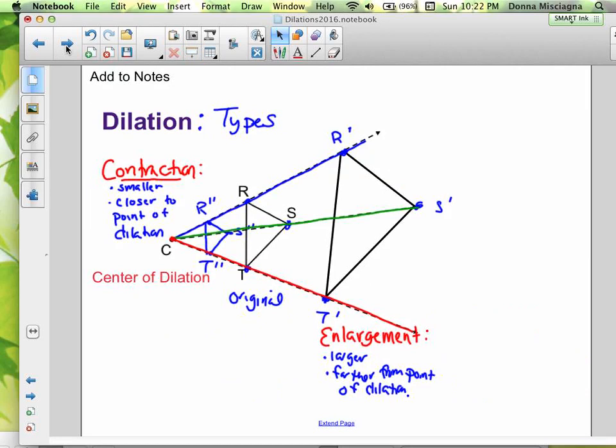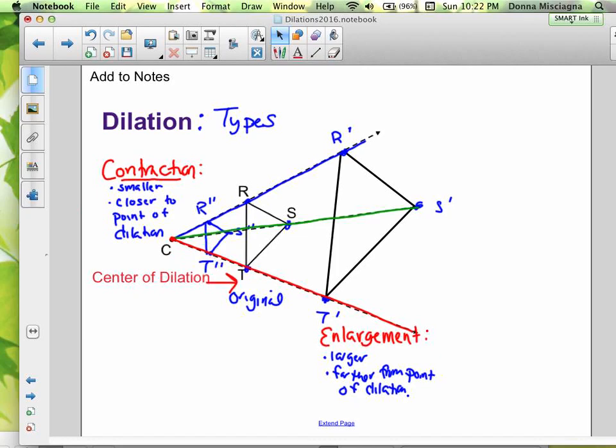All right, so I thought I had an arrow. Oh, I'll just make my own arrow. All right, so contraction. There we go, arrow. Your image is smaller, and you're going to be closer to the point of dilation. All right, so here